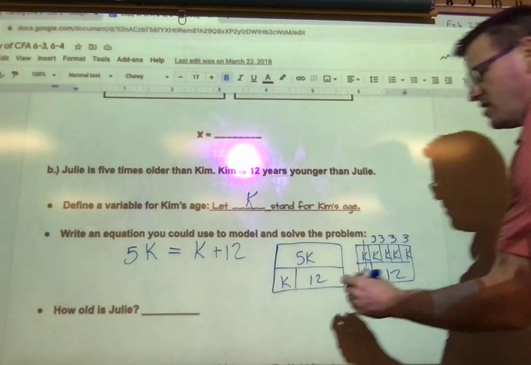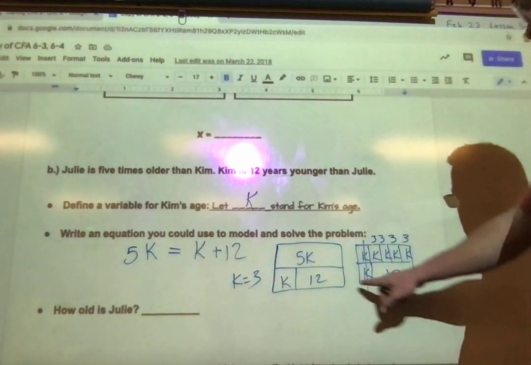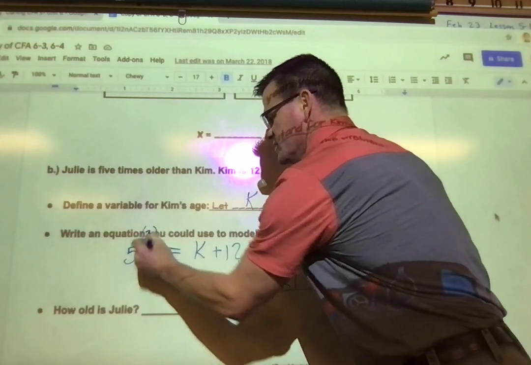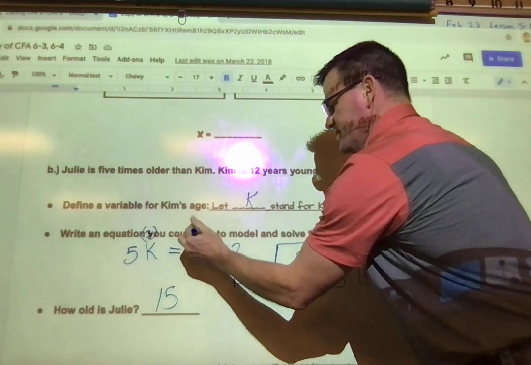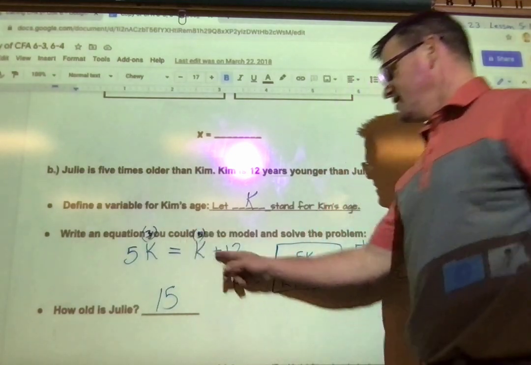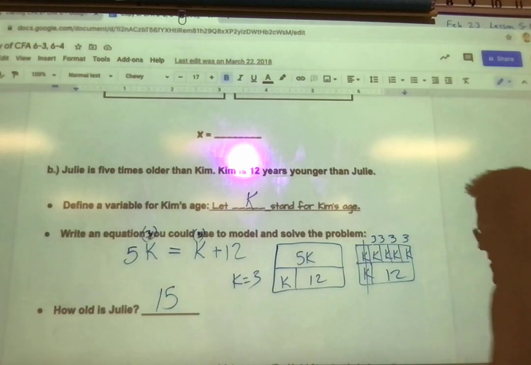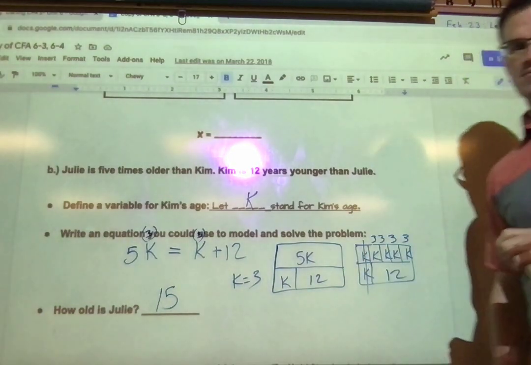We know right now Kim equals 3. Okay, we know K stands for Kim. So I've got to plug that in here to see how old Julie is. I could take 5 times 3. I can plug the 3 in here as well. I could do it on either side. And 3 plus 12 is 15. So Julie is 15 years old, and we know Kim is 3, so we could easily tell both by using